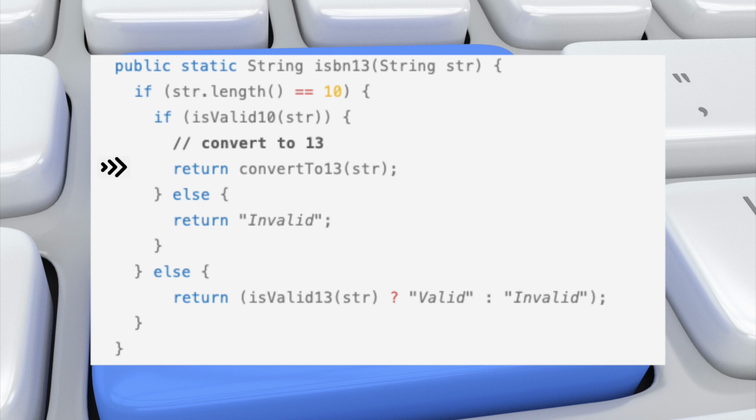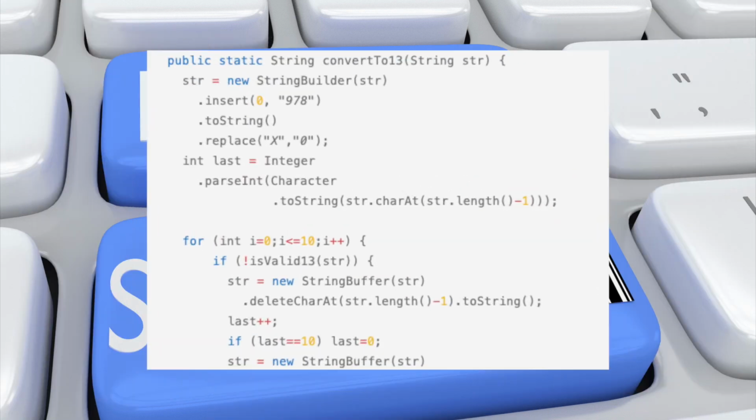tack 978 to the beginning of the value, and change the last digit, the check digit, so that the resulting number passes the ISBN 13 validation check. Inside the convert to 13 helper method, we first instantiate a string builder, containing the value of the incoming string, insert 978 to the beginning of the string, replace any x's with zeros, and reassign the result to the variable,